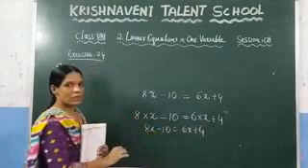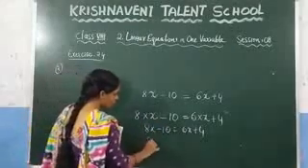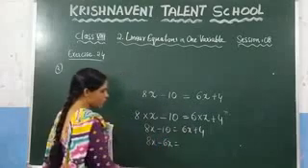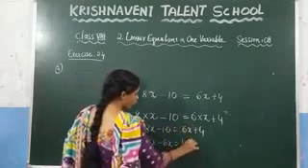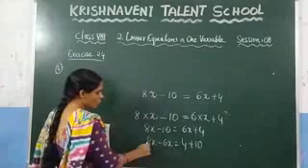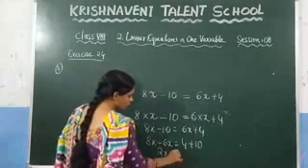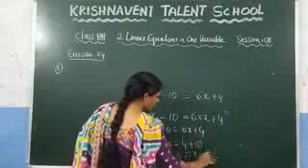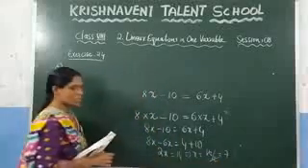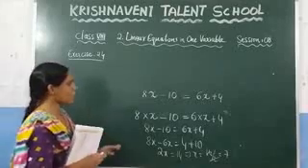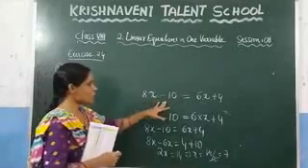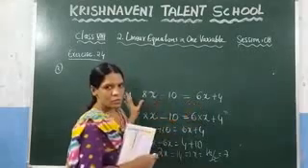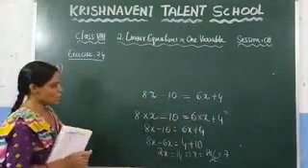Again, you need to take all the variables to one side. Write it: 8x, and 6x if you take it to the left-hand side, it will become minus 6x. Here the 4, if you take this one, it will become plus 10. What is the value of this? 2x is equal to 14. So what is the value of x? 14 by 2, which is 7. So that number is 7. What is given? 8 times of the number reduced by 10 is equal to 6 times of the number and 4. What is that number? Based on that, we can find the number.